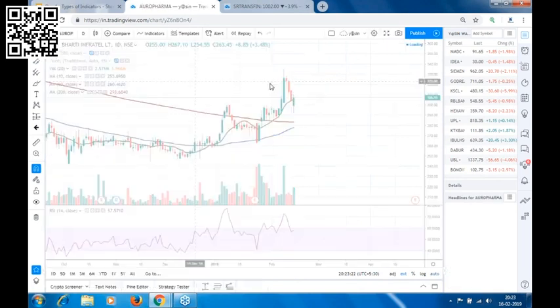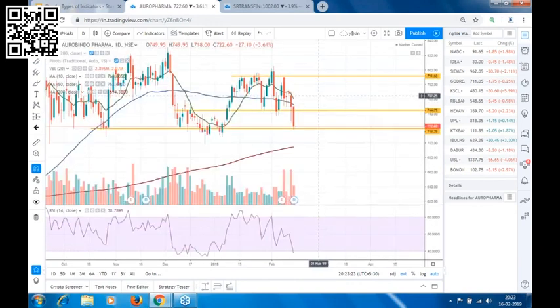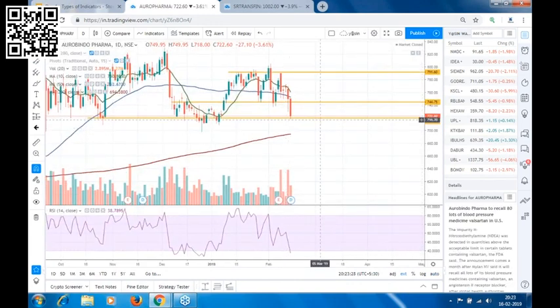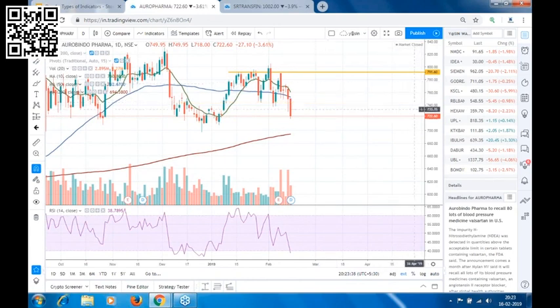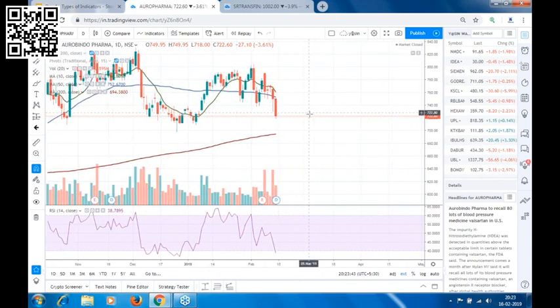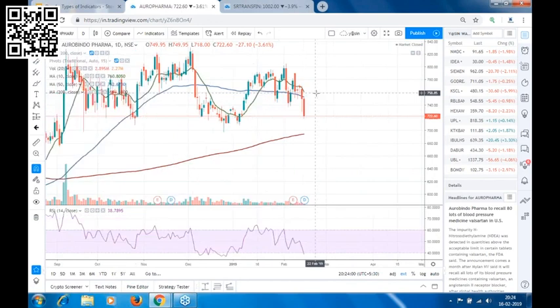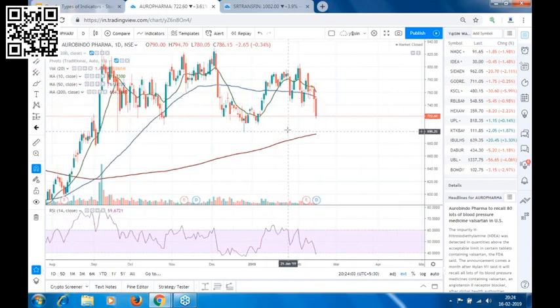Oro Pharma. See, Oro Pharma can be a good shorting opportunity for us. This can be your trade from resistance. See, this has got a bearish Marubozu candle and is below the 50 moving average. So if it breaks the low of this candle, 718, then we can see a further fall in the stock.